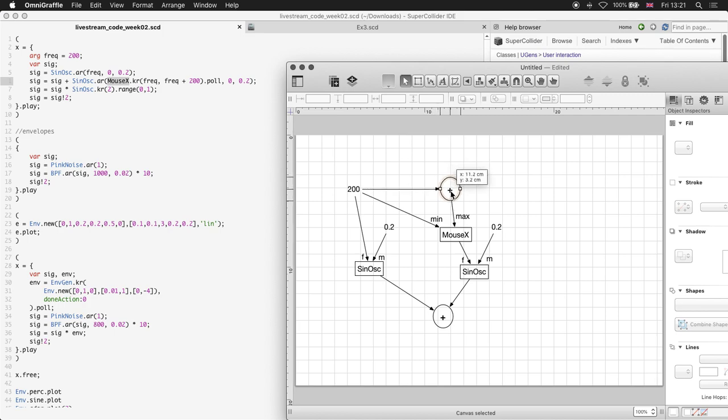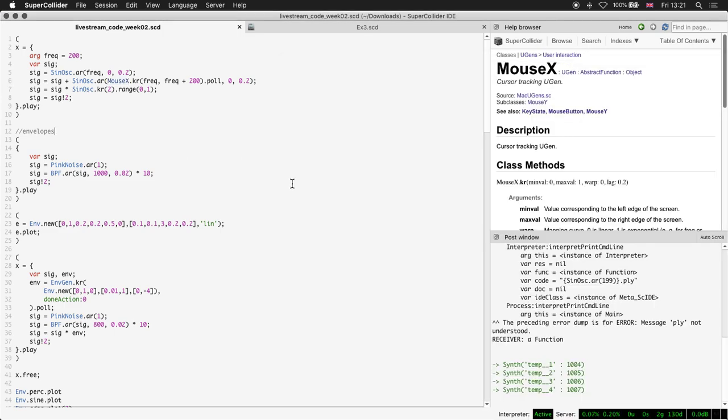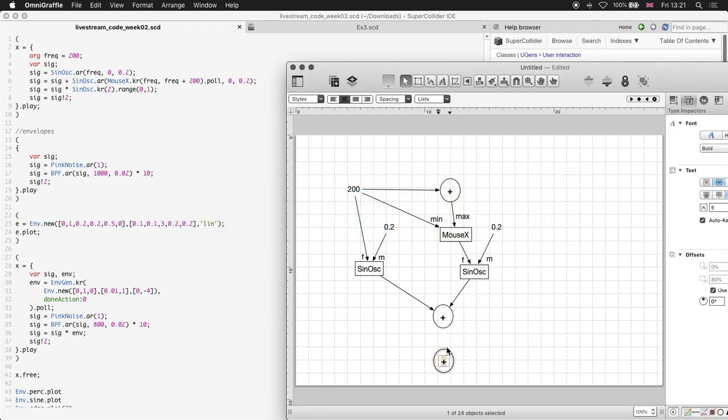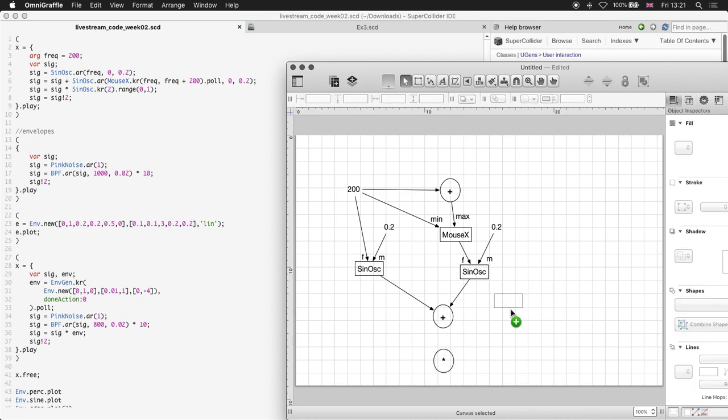Okay, cool, so that's that, and then this sum is being multiplied by yet another sine oscillator,